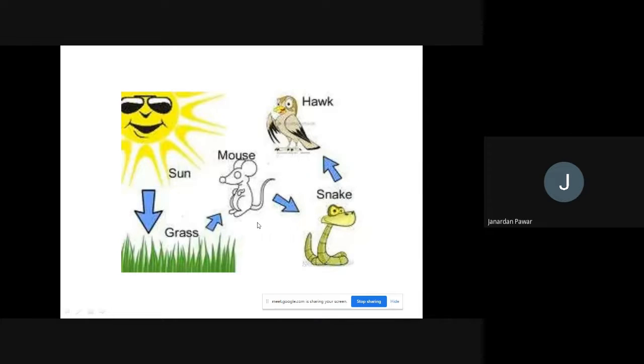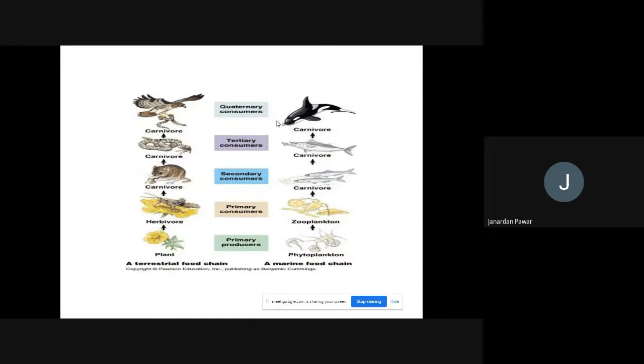So everyone is dependent upon each other, and this kind of chain of food is called the food chain. If you look at this picture or this slide carefully, you may understand what I meant to say. And this is called the food chain. Similarly, you can see